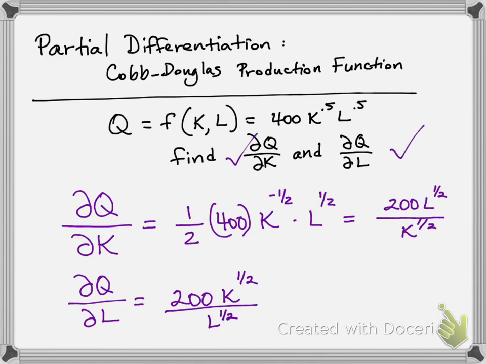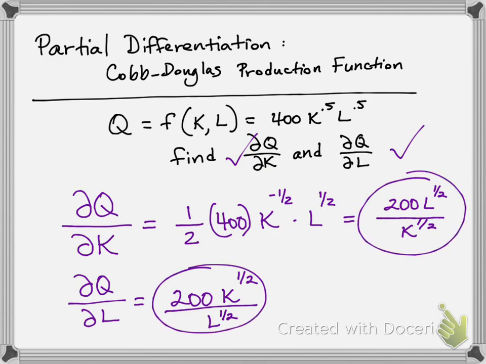But what we want to do eventually is find the ratio of these two things. This one divided by this one will actually give us the slope of the firm's isoquant, which is called the marginal rate of technical substitution. So I don't want to mess you up too much with that, but let me just go ahead and show you how nicely this ends up working out, because we're going to see this a lot with the utility functions as well. So the marginal rate of technical substitution is the partial of Q with respect to L,